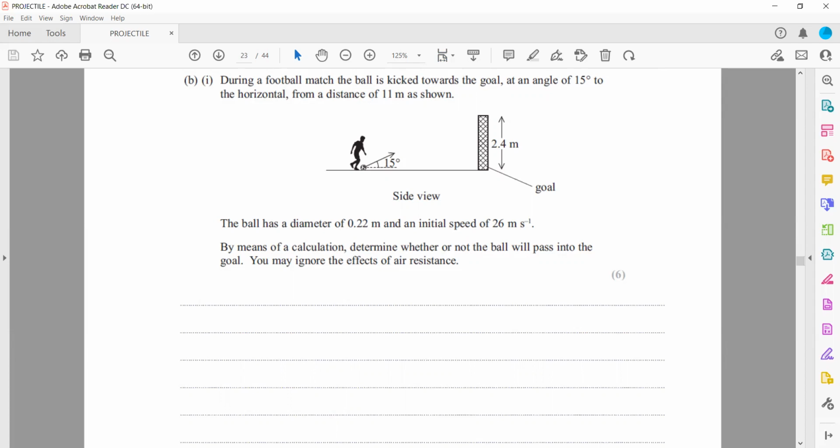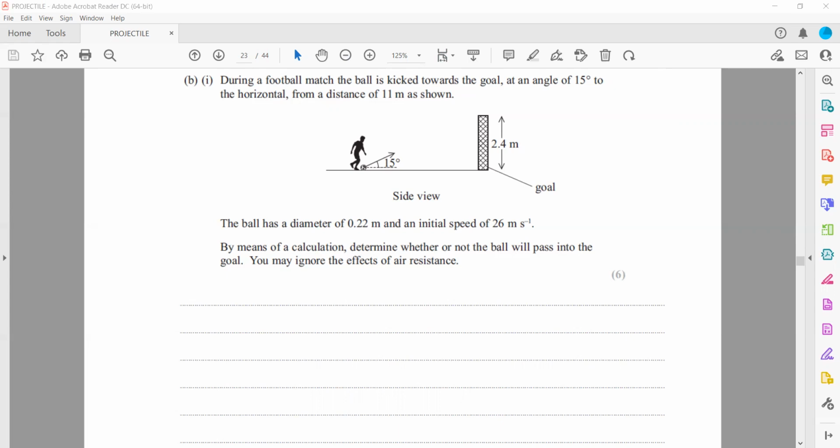And we can ignore the effect of air resistance, because air resistance can affect the range, so we are ignoring it. So for these projectile questions, when we solve them, we consider that there is no air resistance. So first, what we will do,